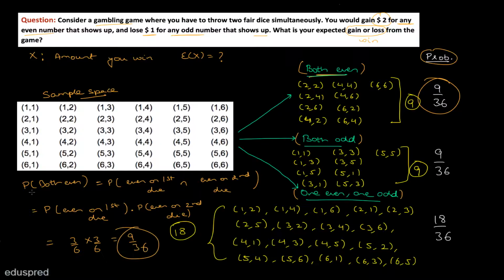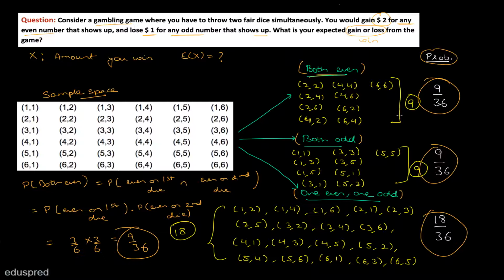Okay, similarly you can find the probability that both of them are going to be odd by using this logic, and similarly you can find the probability that one of them is going to be even and one of them is going to be odd. So I'm assuming that you will be able to figure out these three probabilities on your own without even writing these outcomes in this manner. You can just follow your basics to find this probability because that's what you have to do in the exam to save your time.